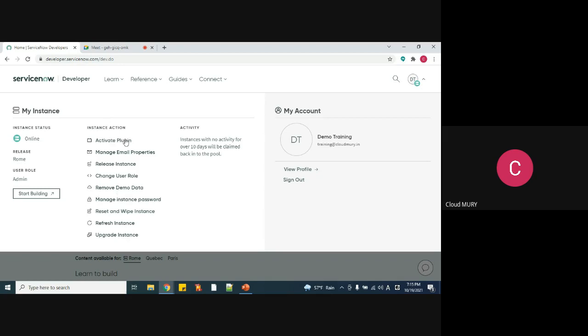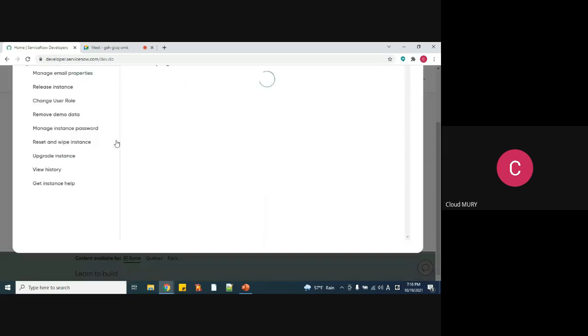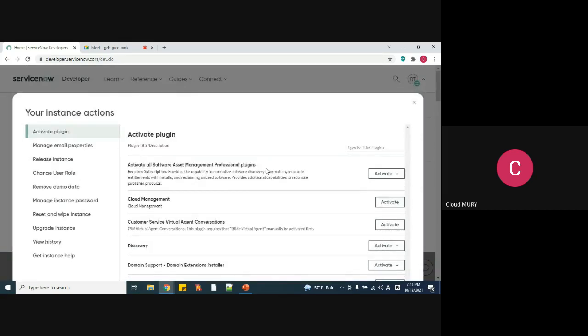Activate plugin. Someone asked me on that day whether, if I wanted to activate some other application or related things, I could do it by using a plugin. Yes, ServiceNow has that facility as well. Most of the things you will activate from the software itself, from the instance itself. But a few things will be there, the plugins related to those things, that will not be available in your instance. In that scenario, you need to come to the developer instance, go to activate plugin, and you will be able to see all these plugins.